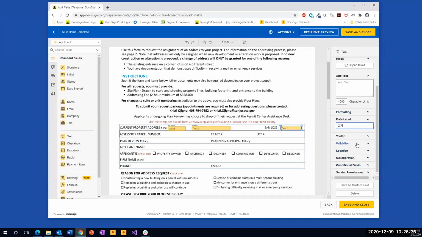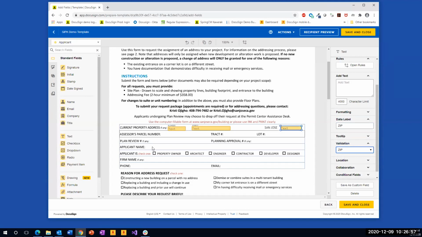So to do that, you would select under validation, pull down the drop-down menu and select zip. So that way, they have to enter 5 digits, which is the standard US zip code. But if they start entering characters like ABC, etc., it's not going to allow them to complete the document itself,